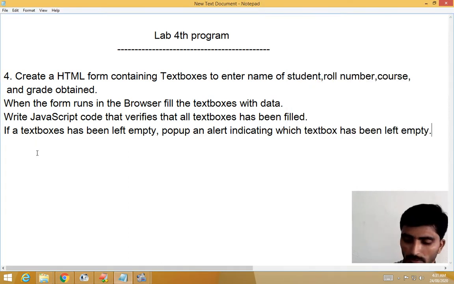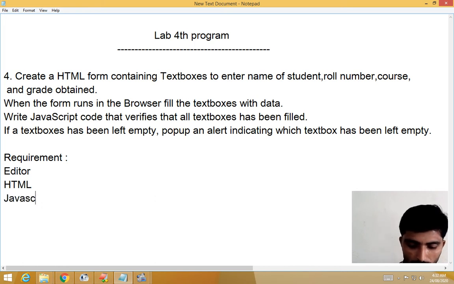First, what are the requirements you need? The first one is an editor. Whichever editor you want, you can use. Then HTML knowledge and JavaScript knowledge.